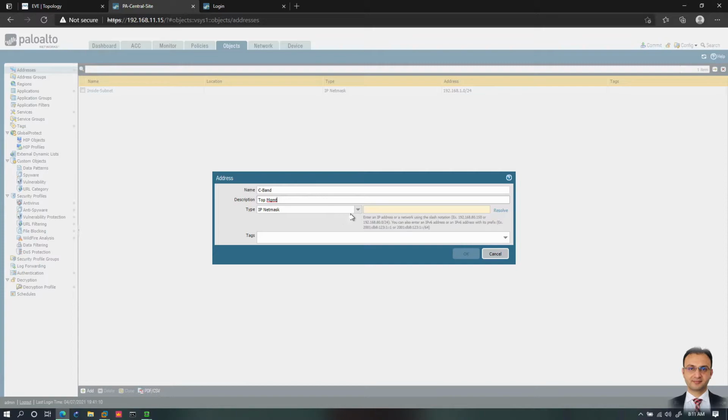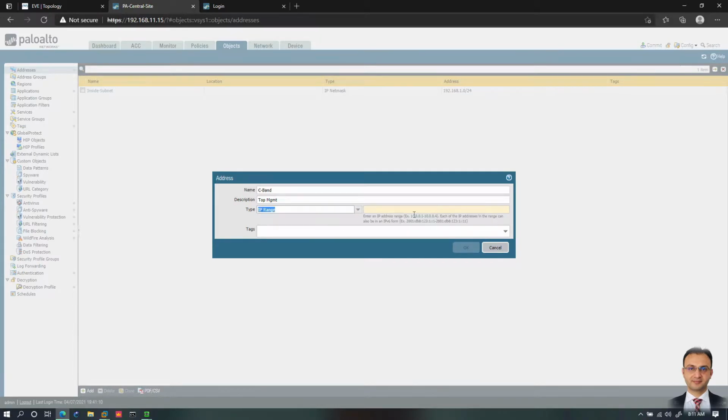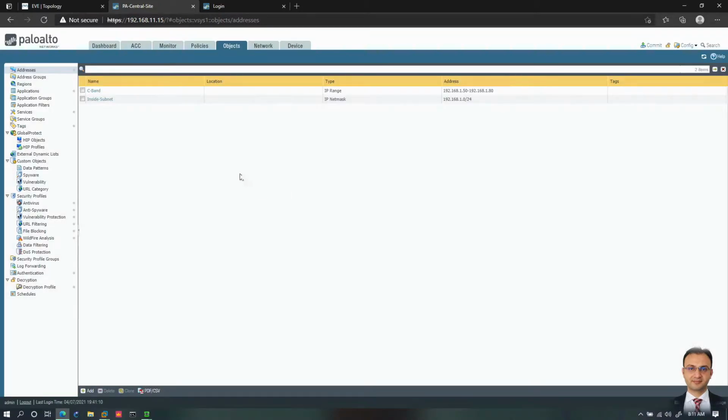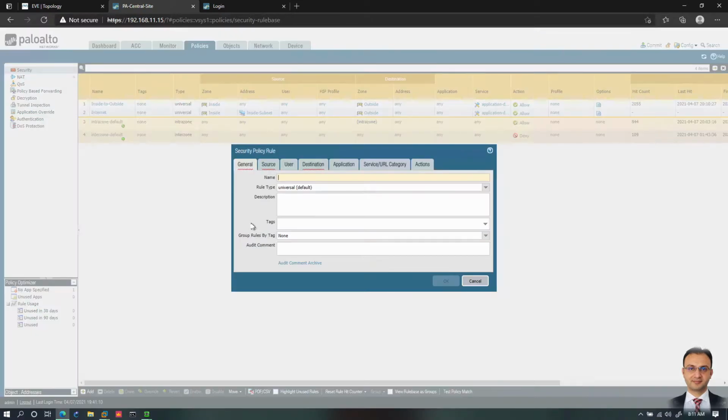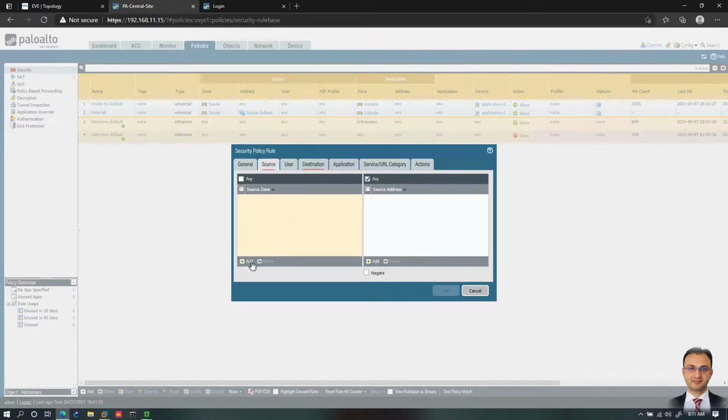MGMT, and the range, this time we will create an object for the range, and let's say the top management or the C band is using the address range of, let's say, from 50 all the way to 1.80 maybe. Okay, so we'll create another one for this, and we may create a security rule and specify that C band here, top management, let's say,